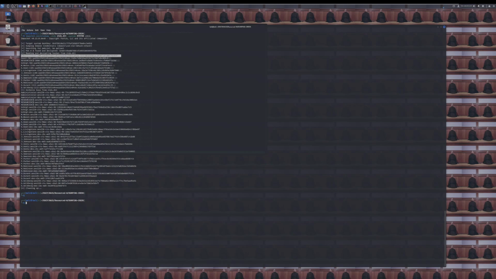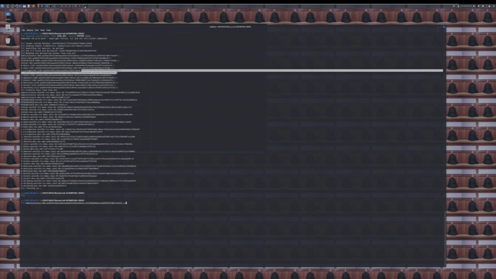I'll leave you to pause here. You can pursue this if you want, try and figure out what's next. Otherwise, I'm just going to move straight on. After spraying these credentials, all of these hashes, just these single NTLM values, we will discover that Livingston's hash is still valid. So what that means is we can